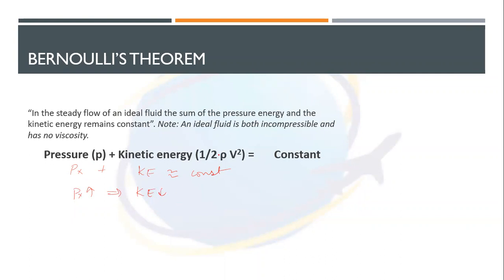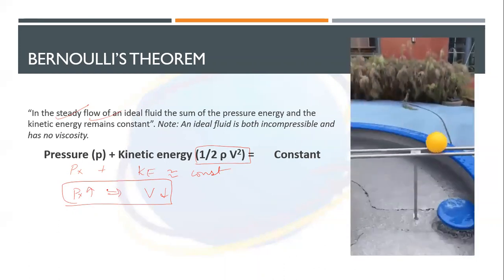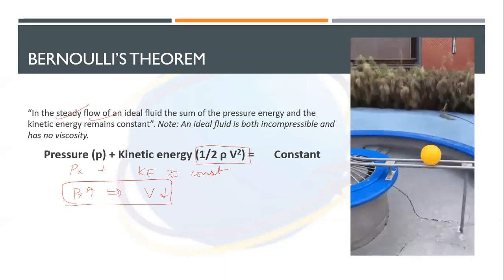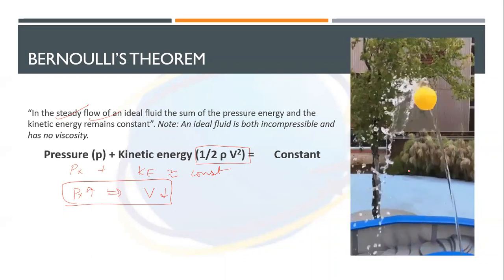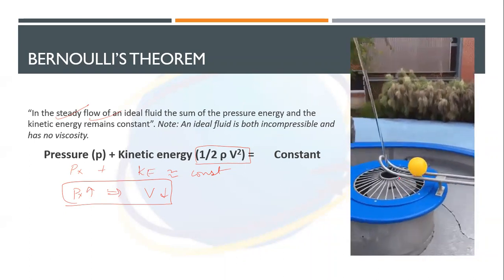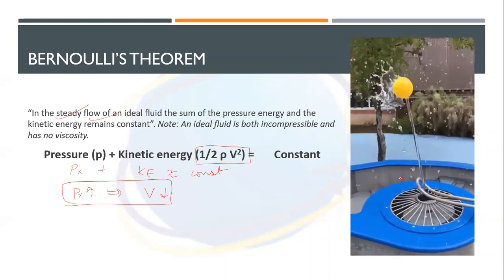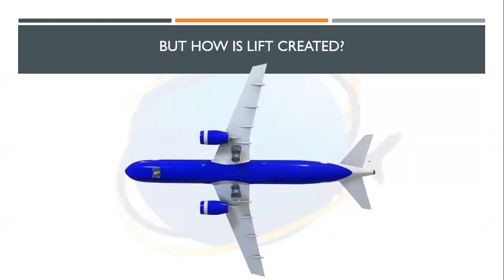Kinetic energy, the formula is half rho v square. So what can reduce in half rho v square? The density? Of course not, because we've just said that we are in a steady ideal fluid. So what are we left with? We are left with the velocity, and this will help us define the lift. We did an example. The ball was rolling, and the water has so much kinetic energy that in this example the water is transferring its kinetic energy to the ball in the form of potential energy or pressure. We'll apply this to the aircraft.